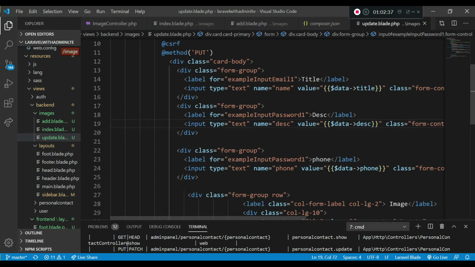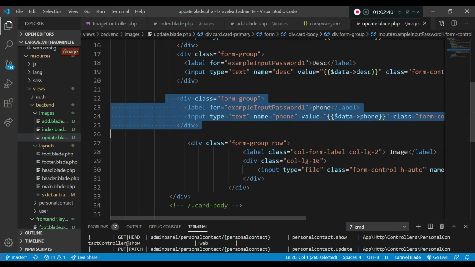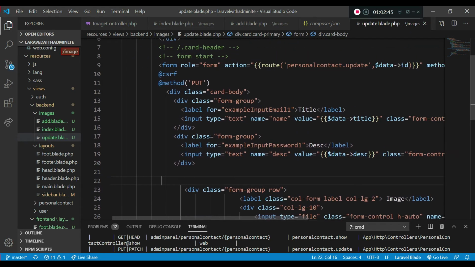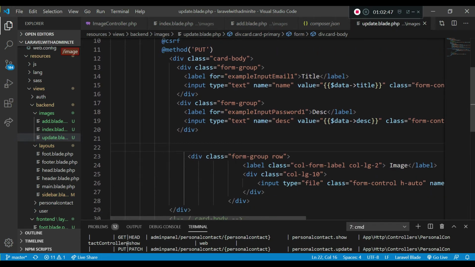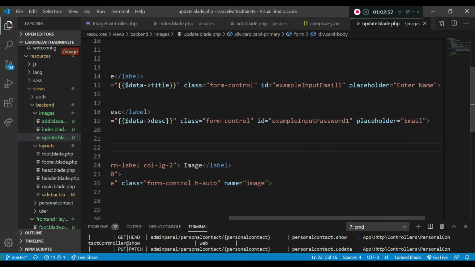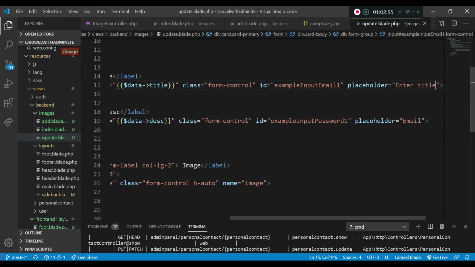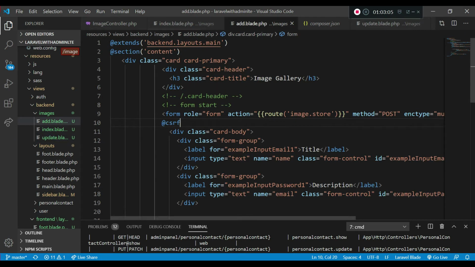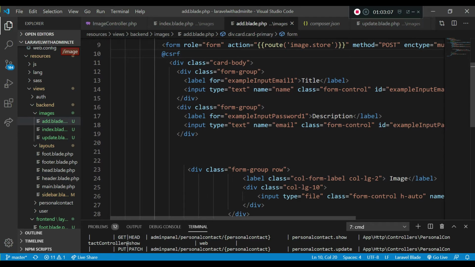Okay, and we don't need this one. So type text we have here. You can also use the text area. If you want to use the text area, you can. So this is just like, you know, enter title, and this is just an example, so you can use more. And in here also there is something, yeah, okay, here the name is not email, it's DSC